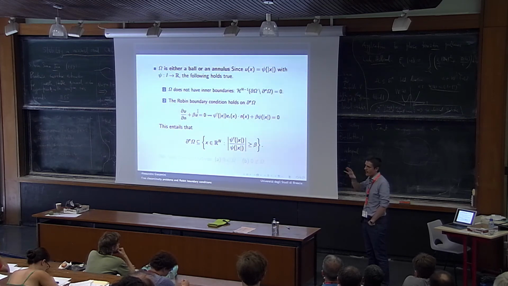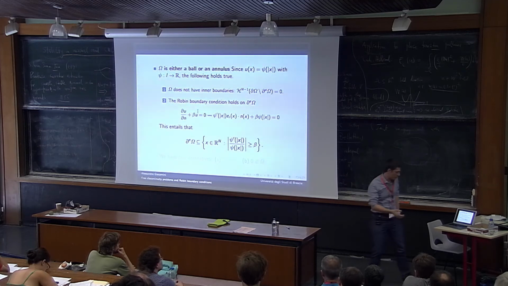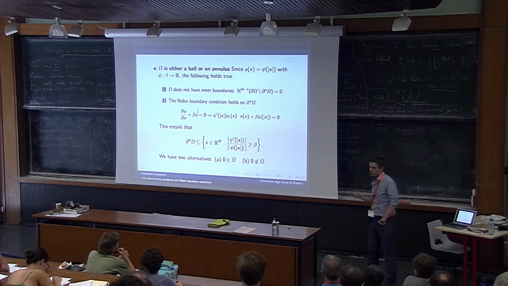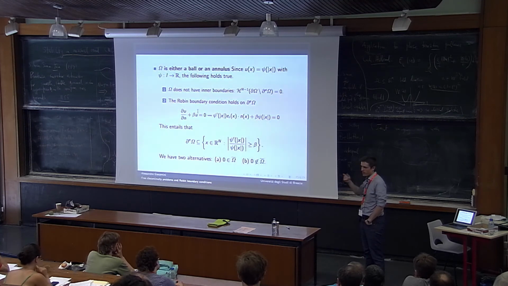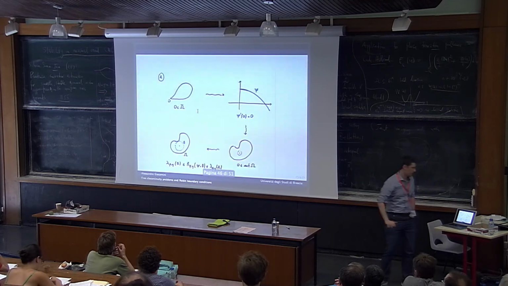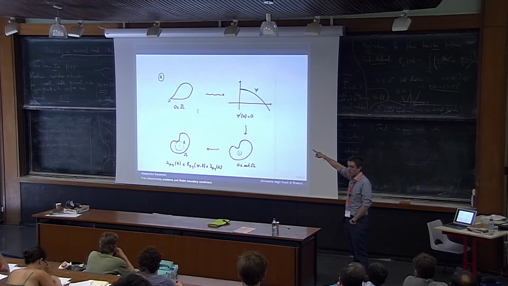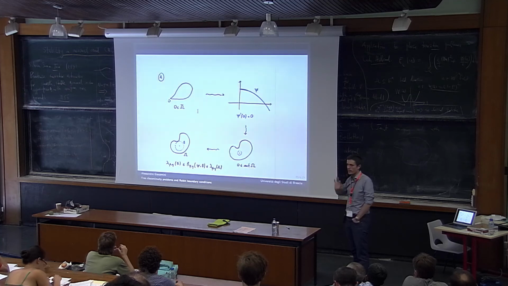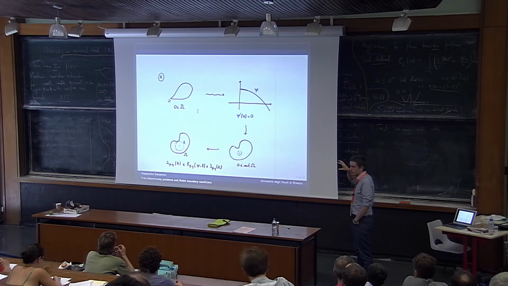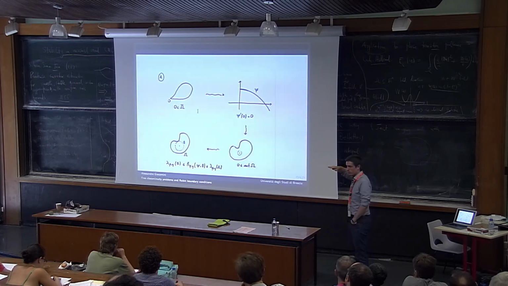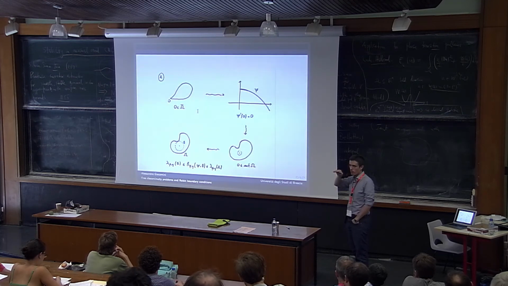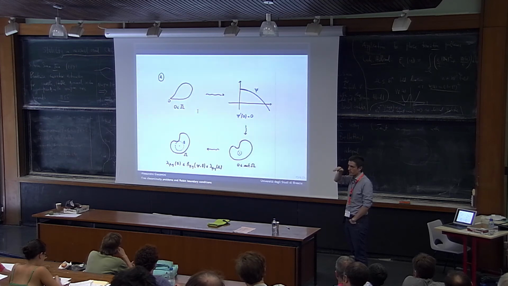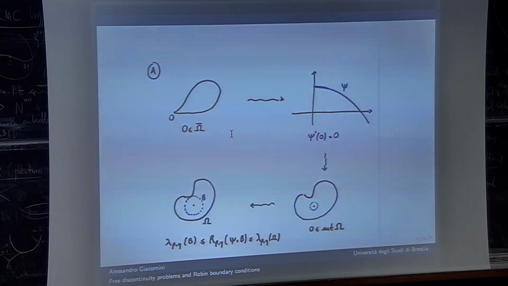Now it's easy to see that omega is either a ball or an annulus. Let me show you very briefly how we can do it. There are two cases. Either the origin belongs to the closure of omega, or the origin is far from the domain. Let's pick up the first case. Well, in the first case, it could be, for example, the picture that 0 is a point at the boundary of our optimal domain, which for the moment has no circular symmetry. Then it's easy to see that the function psi, which gives this radial eigenfunction, has this shape. So it's defined up to the origin, and in view of the differential equation, it should come to the origin with a 0 slope. So this means that the origin is a forbidden place for the boundary, because